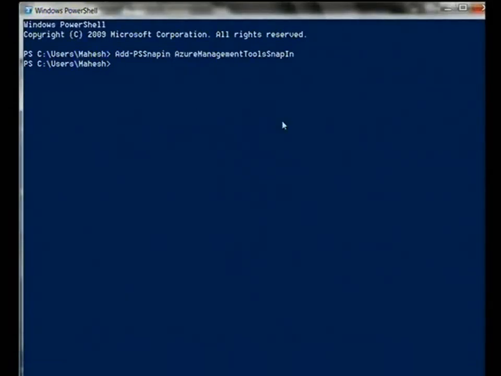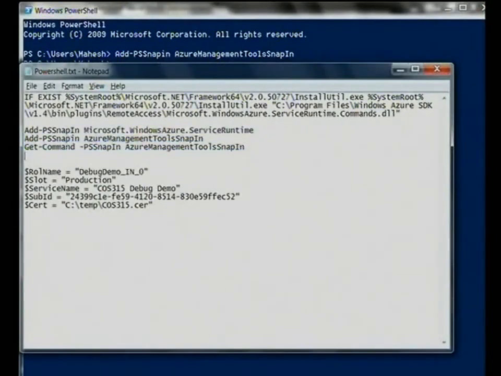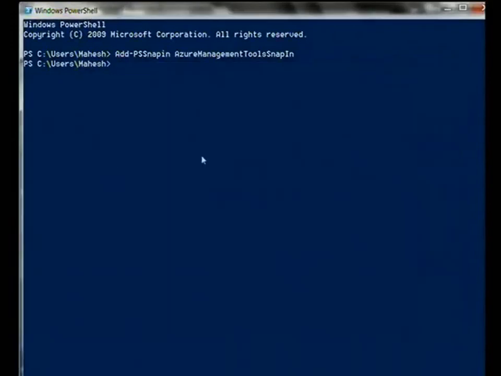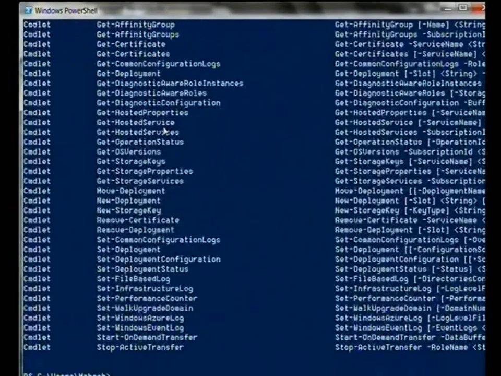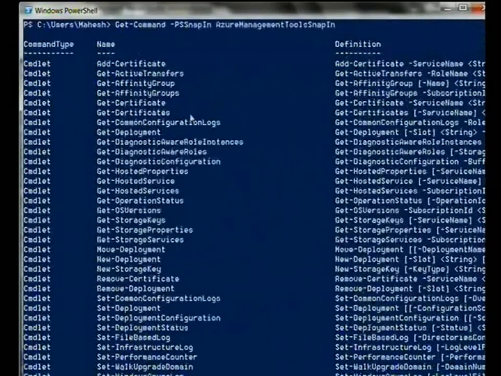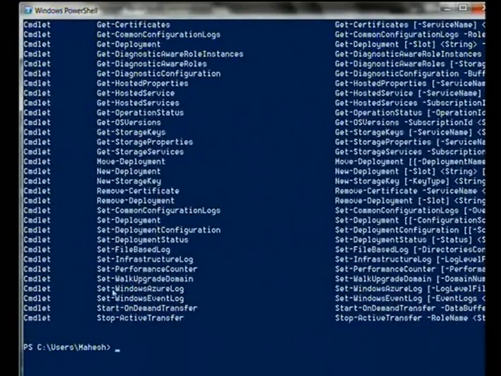So that basically adds your Azure Management Tool snap-in. If I do get-command on it, that'll list all the commands. And I've noticed that it's got things like add certificate, get hosted service, and get hosted services. And things like set Azure log, set event log, a whole bunch of these things.